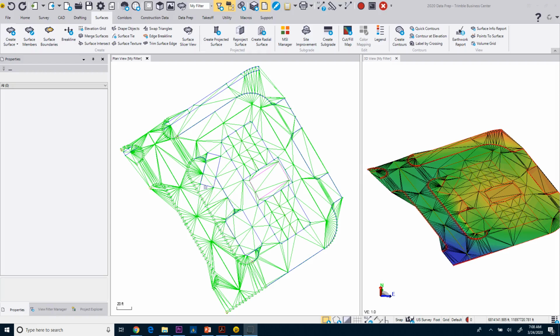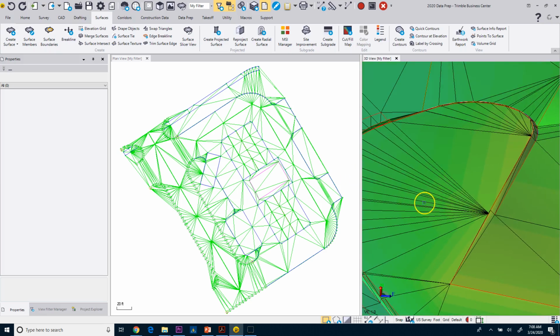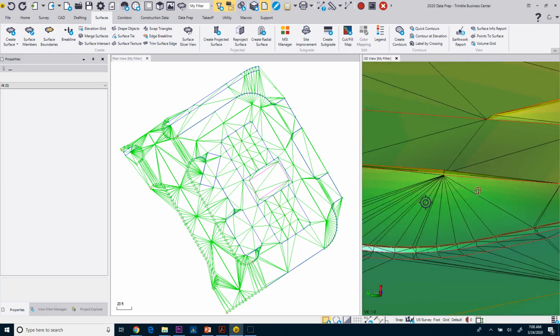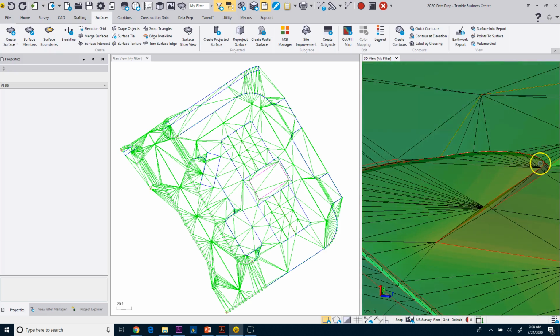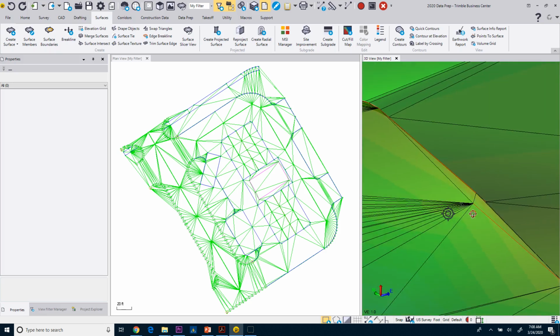All right, so now we got the flags cleaned up. What we want to do next is really densify and clean up this surface. If you send it out like this, certain areas are going to be good, other areas aren't. So, for example, like I was showing you before, we've got this kind of ridge line, right? Because it's using the top back of curve here, and it's triangulating down